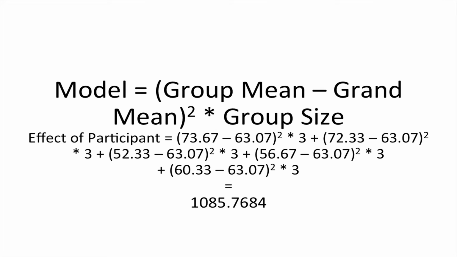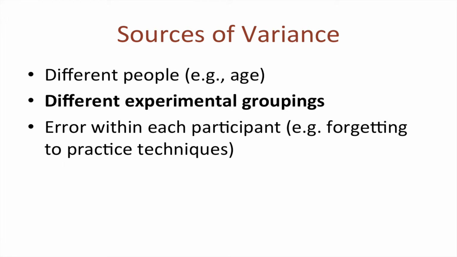So we times it by 3, and once we add up all the variability for all the participants, we get a score of 1085.7684 units of variability explained by differences between participants. We're not going to address that again because it's not what we're interested in when we do a repeated measures analysis. What's the next thing? Well, we need to know how much variability is created by different experimental groupings, and we